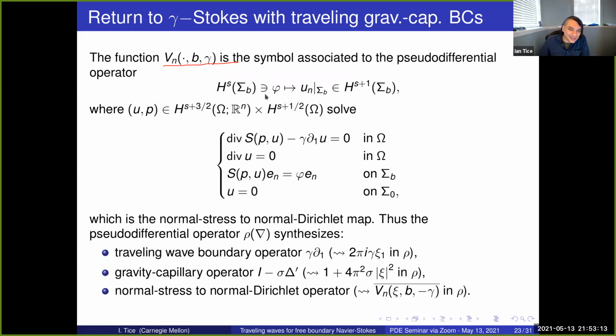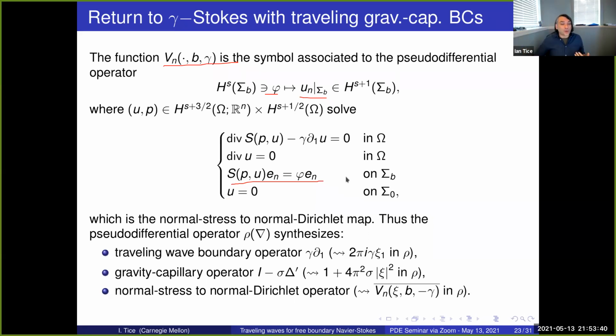And what it does is it's going to take a function phi, which is defined on the upper free surface, and it's going to map it to the normal component of a velocity field traced onto the top again. So it will then be a mapping from Hs into Hs+1 on the upper surface. And the velocity field that we construct as an intermediate is a solution to the Stokes problem with forcing phi